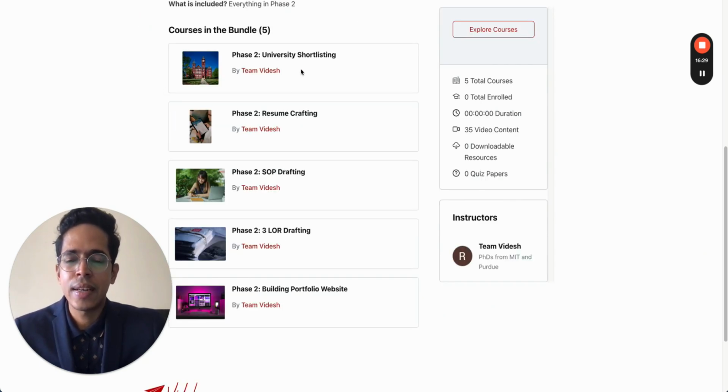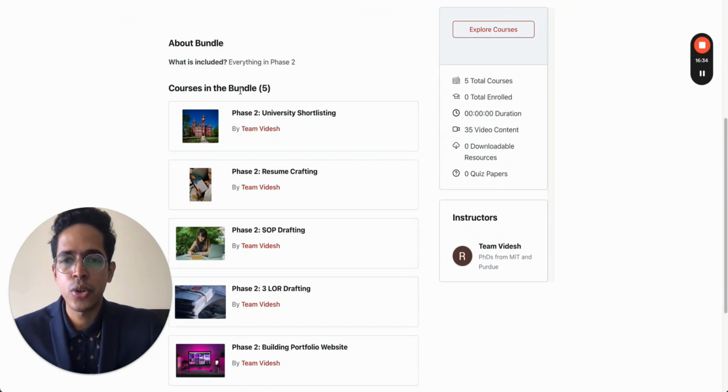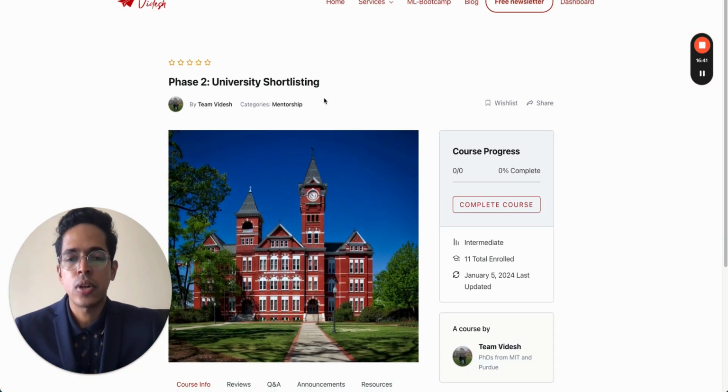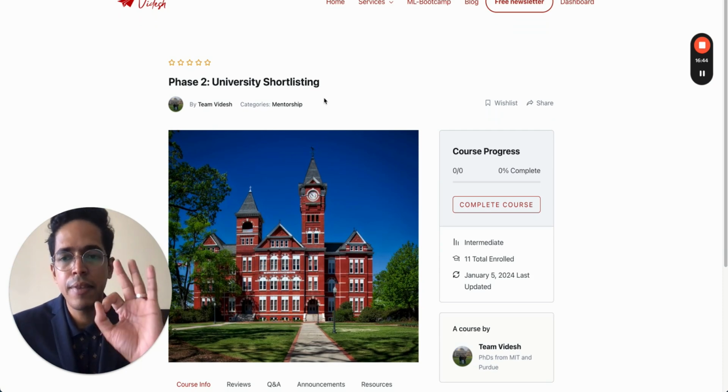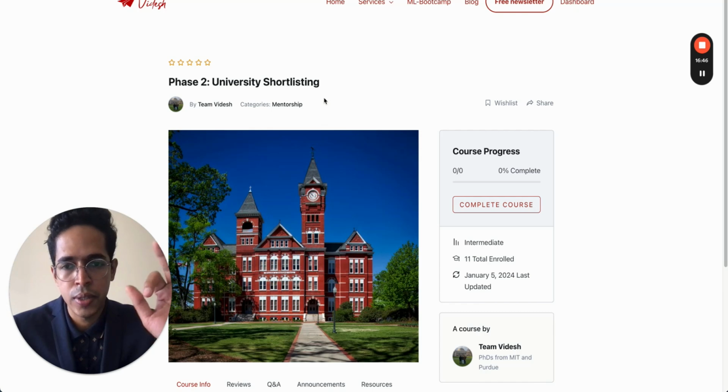The other course that is part of the phase 2 bundle is the university shortlisting. University shortlisting is a very, very time consuming process. We follow certain rules in the university shortlisting process, which is there are 3 factors which we will take into consideration to shortlist universities. So the very first thing, not these 3 factors, but the very first thing you have to notice is most students apply for anywhere between 10 to 15 universities on average. There are students who have even applied to 19 universities. I know such students. But at the end of the day, you should have an easy, medium, dream set of